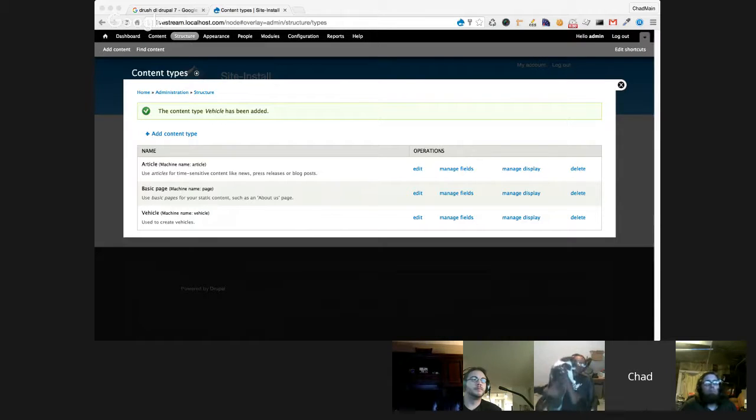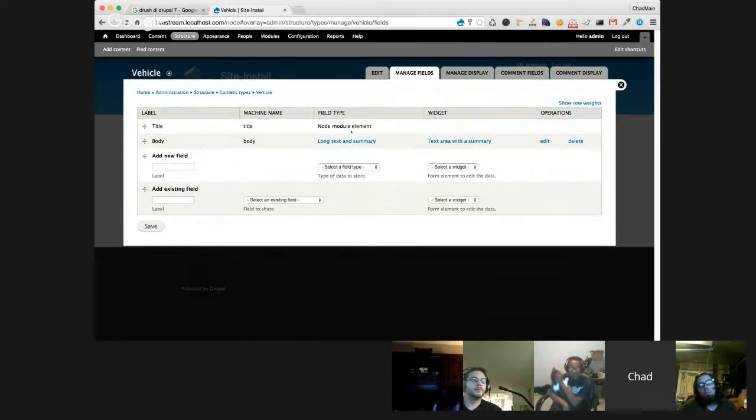The next thing that makes Drupal powerful is what's called fields. Fields, you would say, are properties on your content type or your object. As you can see, by default, they give us a title and a body.